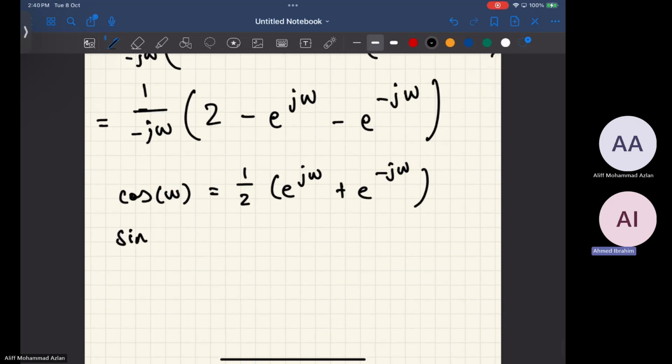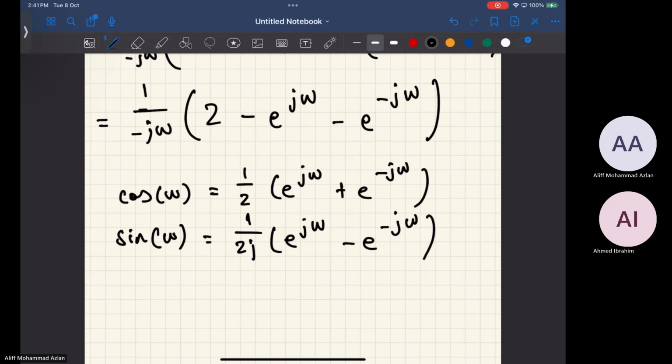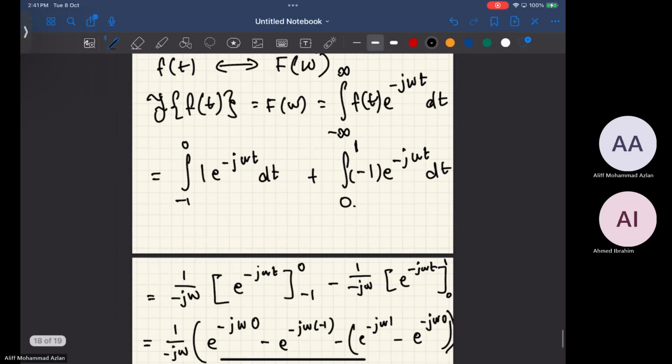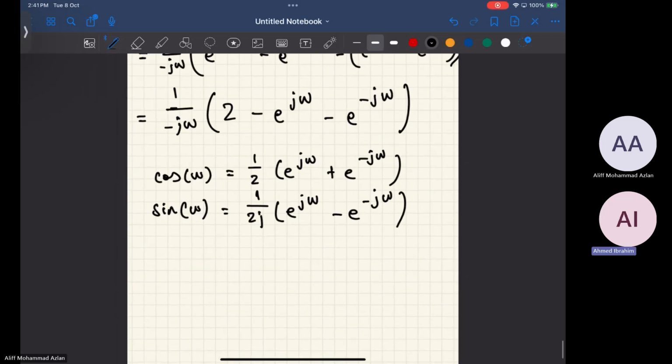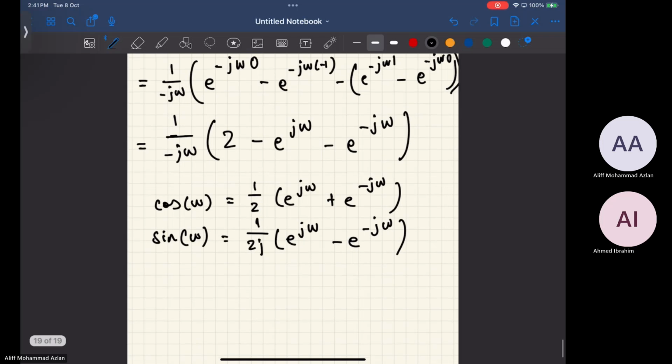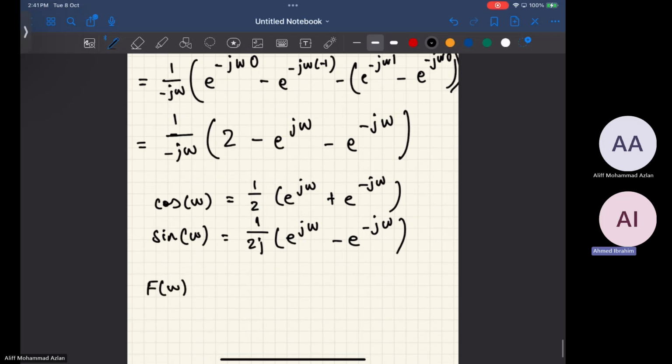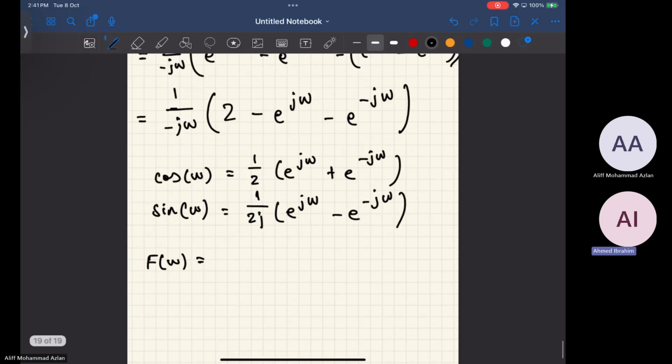So we have sine of omega is 1 on 2j e to the j omega minus e to the minus j omega. So applying that, you could get 1 on